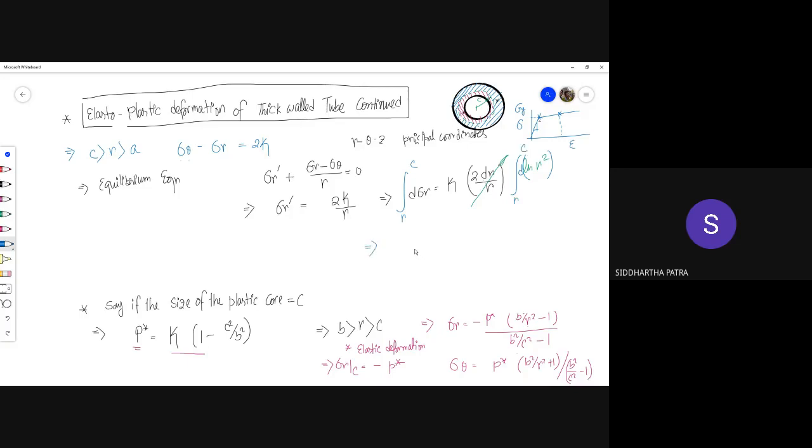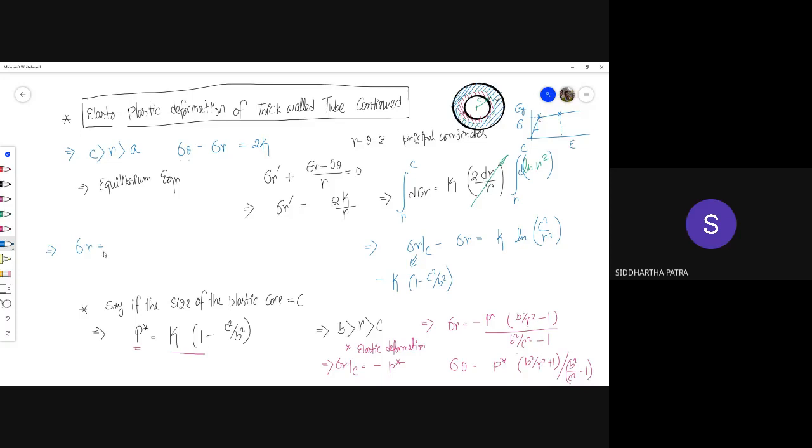If we do that, then we have sigma r at c minus sigma r, and that way we also have k of ln c squared divided by r squared. Now this quantity, as we know, is p star minus p star, which is k times 1 minus c squared divided by b squared, which gives us the following expression for sigma r,